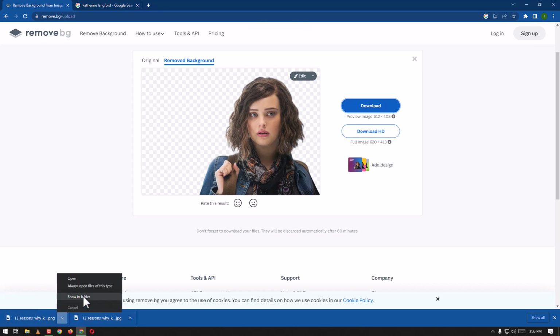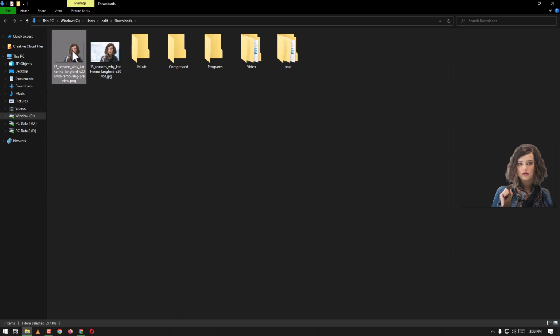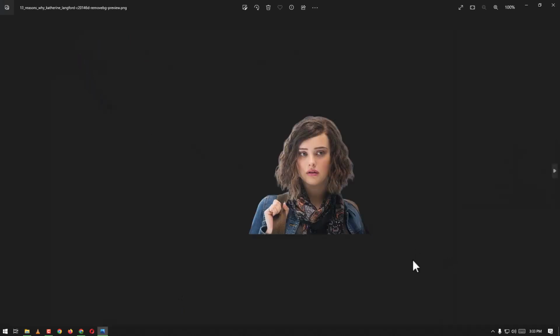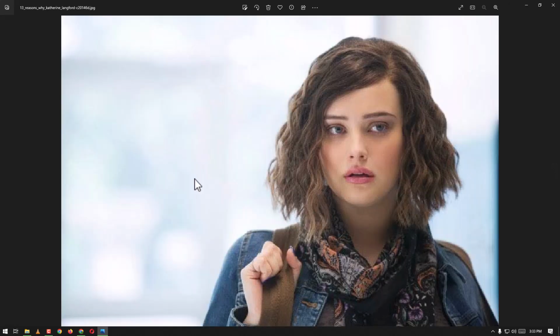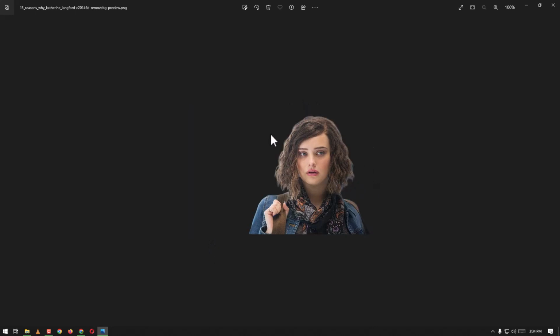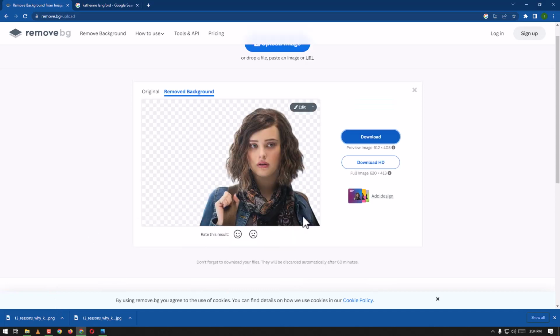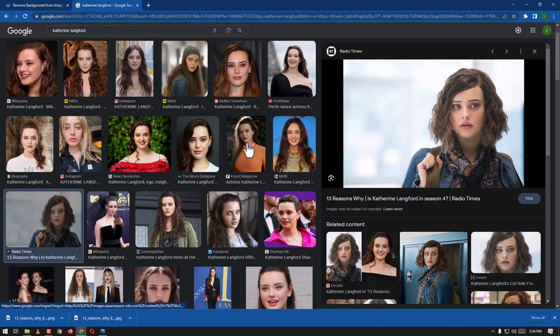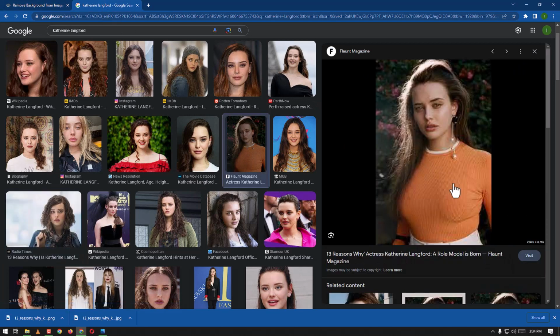Now go to the show in folder and here we go. Here we have no background in this picture. However, in the downloaded one we have this background, but we have removed the background in this one. So it was the one way, and we also can just save any picture and then we can remove,